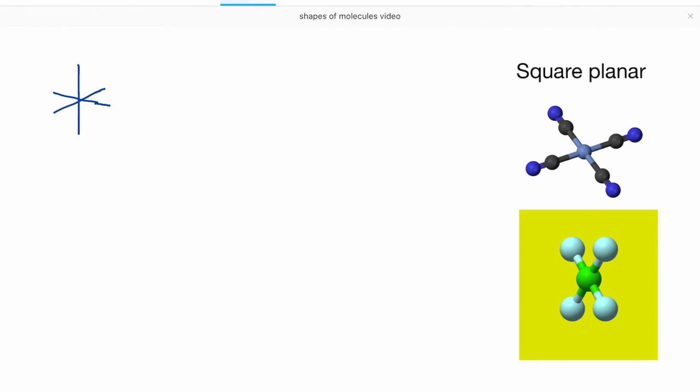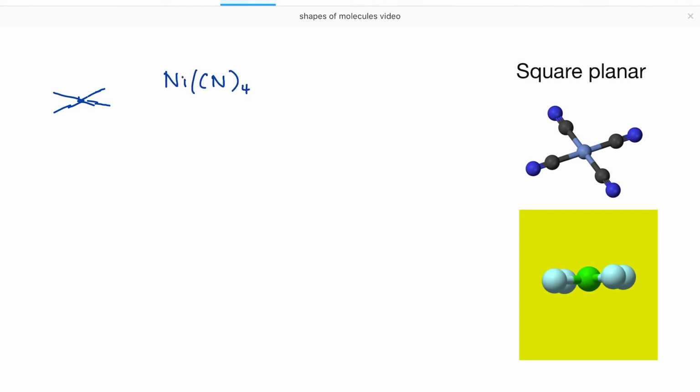If I were to take my octahedron, so let's do that, take my octahedron and remove the two bonds that are above and below the plane of the other four, I end up with a molecule with a shape that is square planar. Once again, this is really quite an unusual molecule. We see very few examples of that. Some transition metal ligands, for example, this one here,